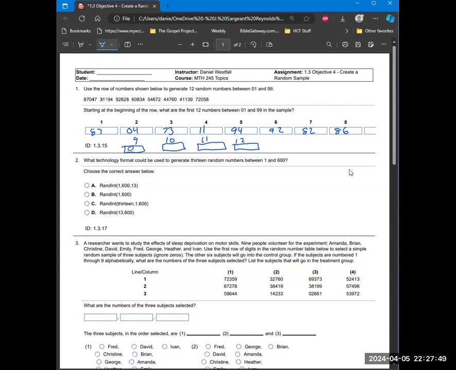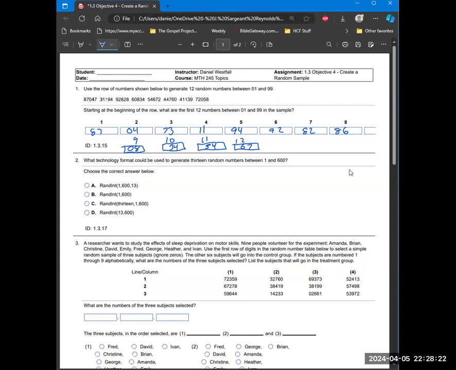This is going to be 08, and then 34, and then 54, and then 67, like that. So that's using these numbers that are up here, splitting them into groups of 2, and then just writing them down. So that's how we use an old-fashioned